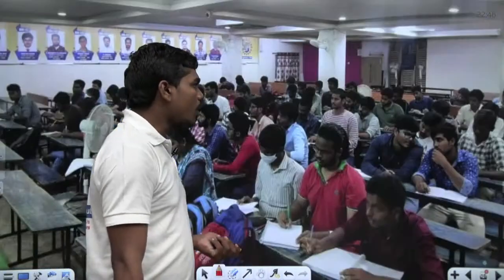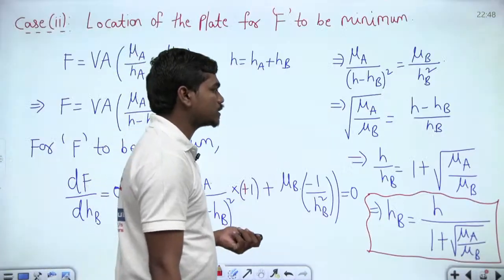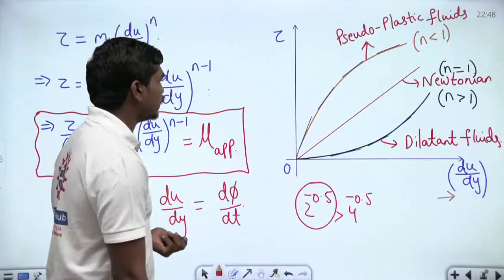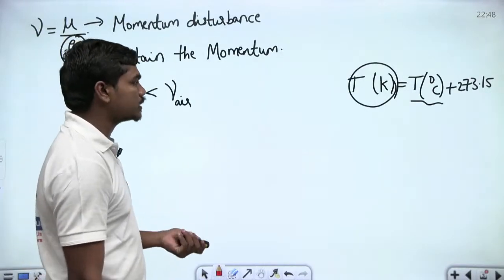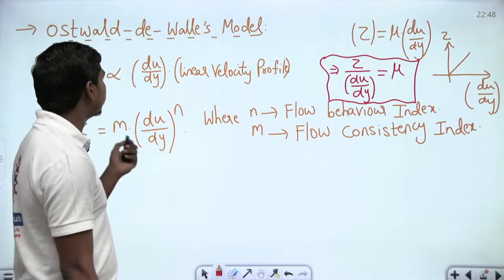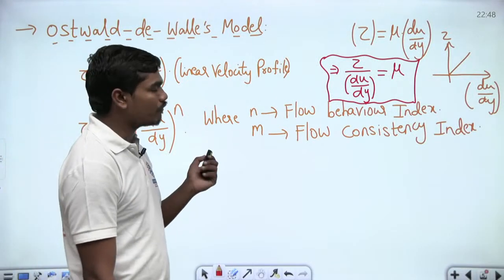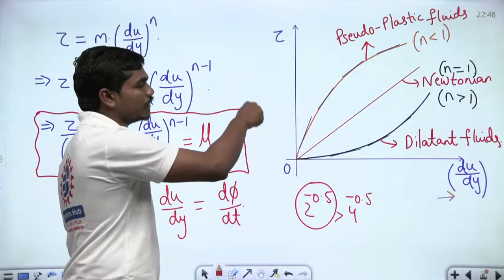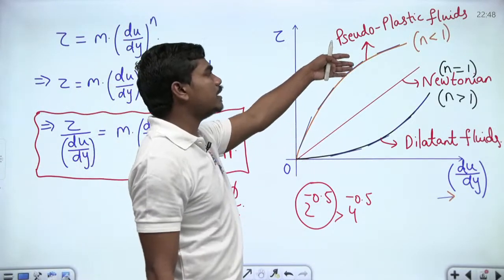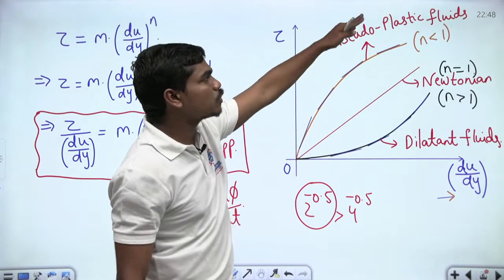Next, I hope all of you are clear with the class today. So let us quickly go through the slides that we have discussed today. We quickly recollected what we learned in the past 2 lectures, and this is the 3rd lecture. In the 3rd lecture we have seen Ostwald-de Waele's general model of fluids, and then we have seen how these fluids look like on a tau versus du by dy graph. And of course we have seen when n is less than 1 why this graph is going like this, because